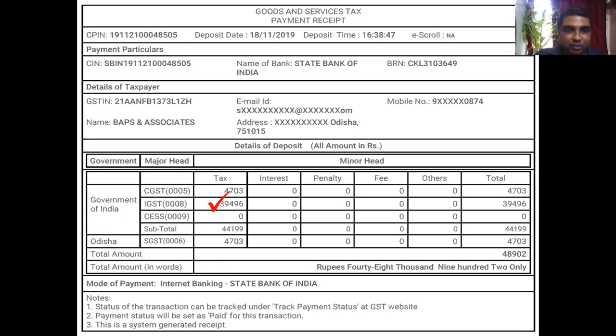This is a deposit challan. You can see how much money is paid for IGST, how much money is paid for CGST, if some money has been paid, and cess. All these things are deposited like this. Deposited in which account? There is one e-wallet that is called electronic cash ledger. In that ledger, this money is deposited and that is used. That means balance in electronic cash ledger is used for payment of GST. There is one more ledger called electronic credit ledger. That also we had understood in our earlier class.